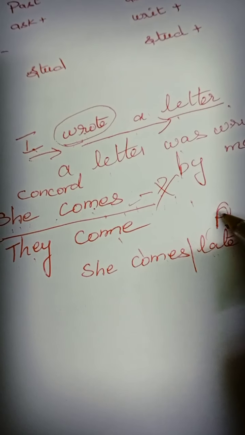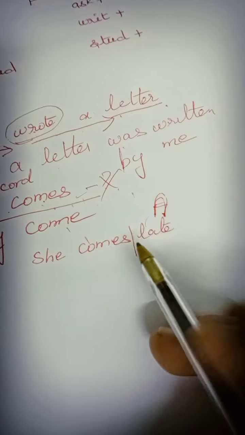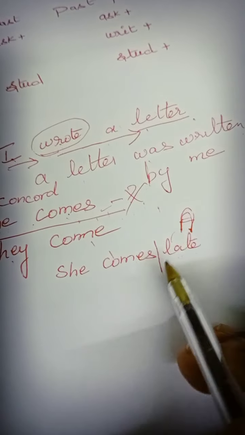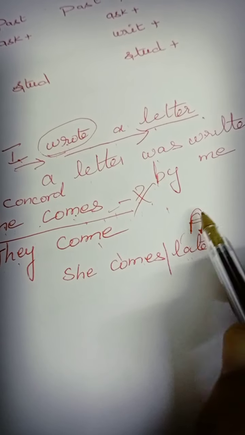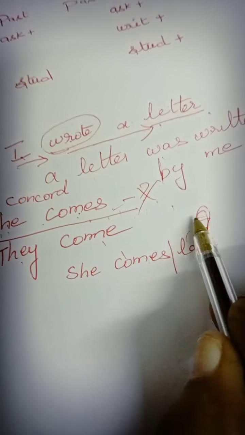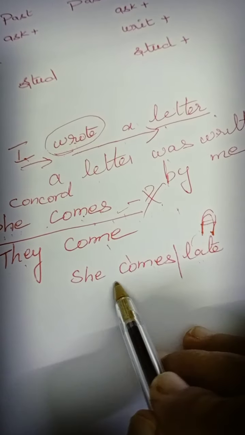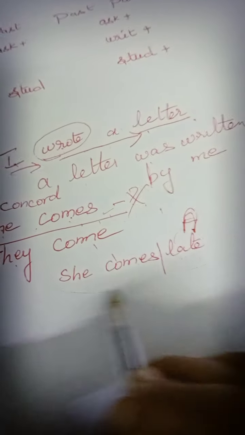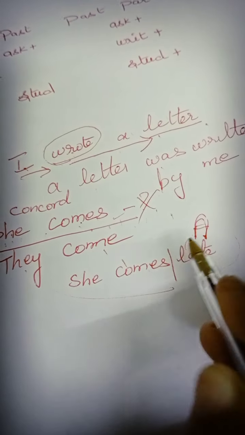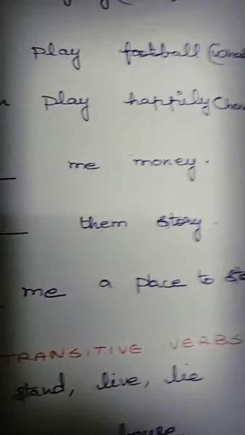I have given you the bifurcations, not parts of speech. How to bifurcate the words in a sentence, I have told you. Right? So late is an adjunct. It is not an object. So at that time, we should not change it. Got it? That I will tell you, children. Now, transitive and intransitive we saw. Right? Now, let's go for this.